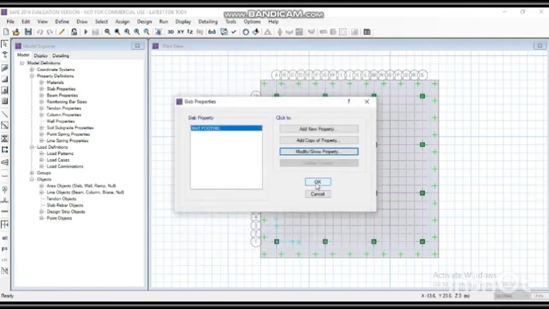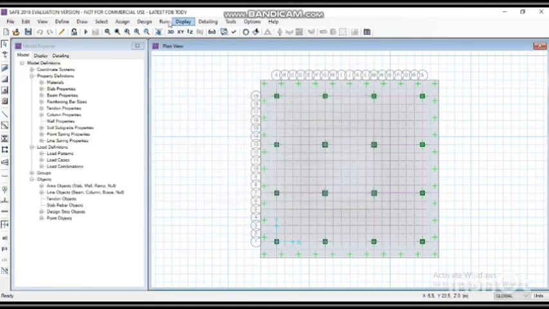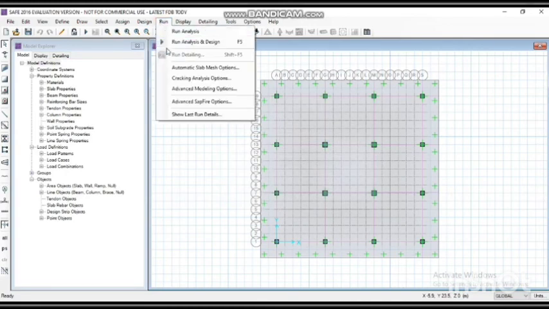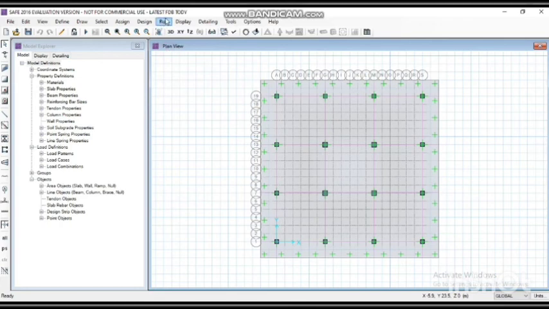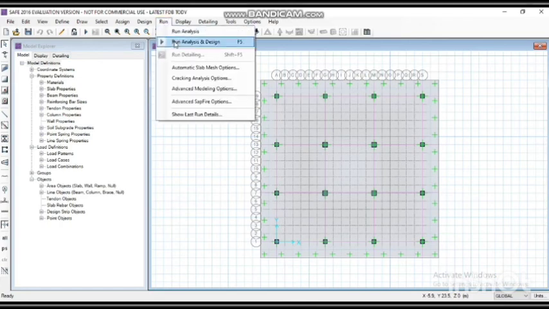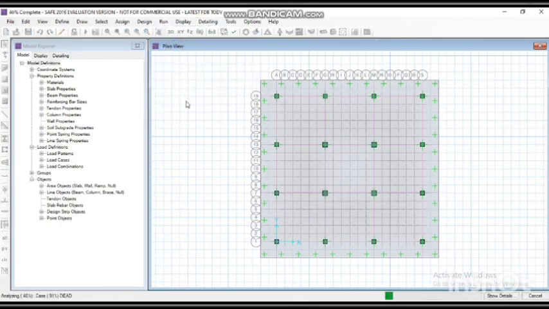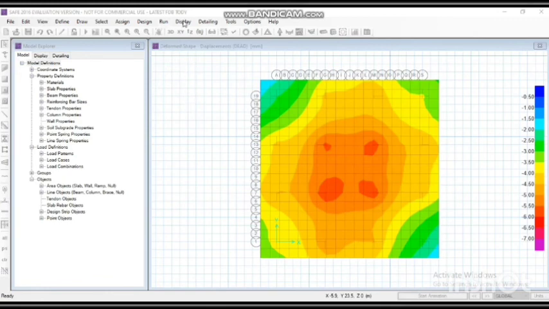Then click on OK. Again go to the run and click on run analysis and design. Go to the display menu and click on show punching shear design.